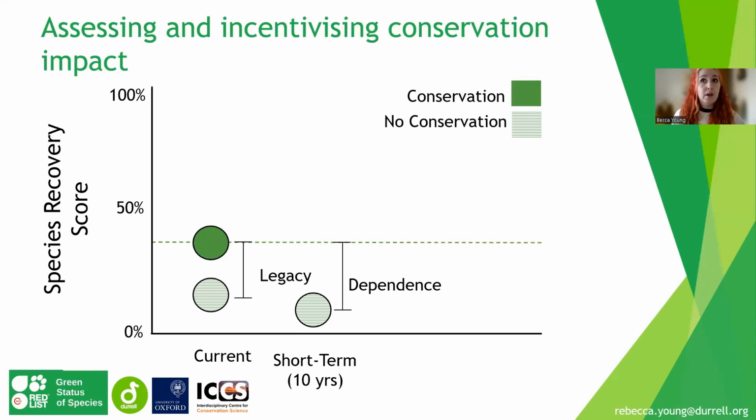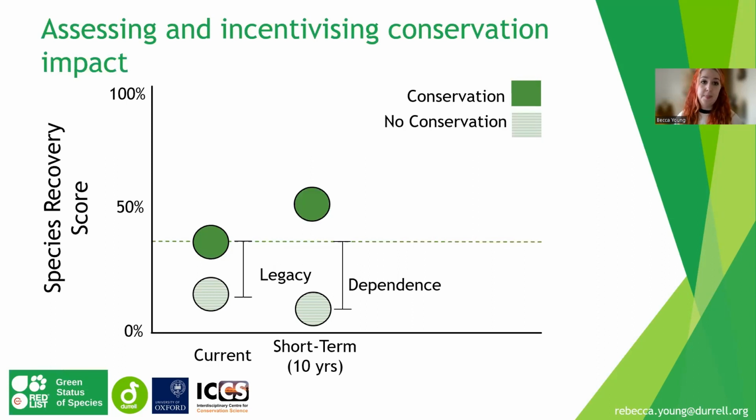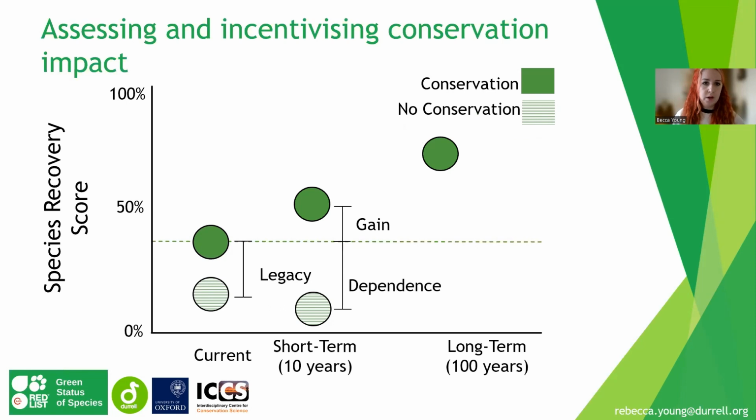We could also think about the current and the planned future conservation actions and how we expect these to impact the species in 10 years' time. And this difference between this and the current state gives us the conservation gain. So that's what we can expect to achieve over the next 10 years. And then thinking about the long term, we've got thinking 100 years into the future. And this is quite an aspirational one to think of, and it can be quite difficult because there's a lot of uncertainty. But if all conservation went to plan, what could we achieve feasibly for this species in 100 years' time? And this gives us the recovery potential.